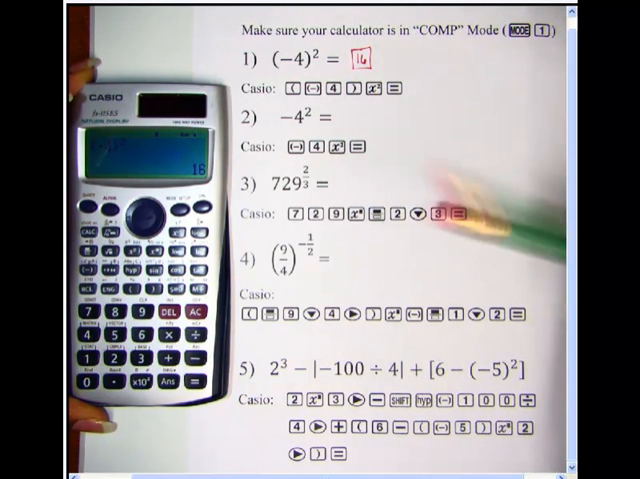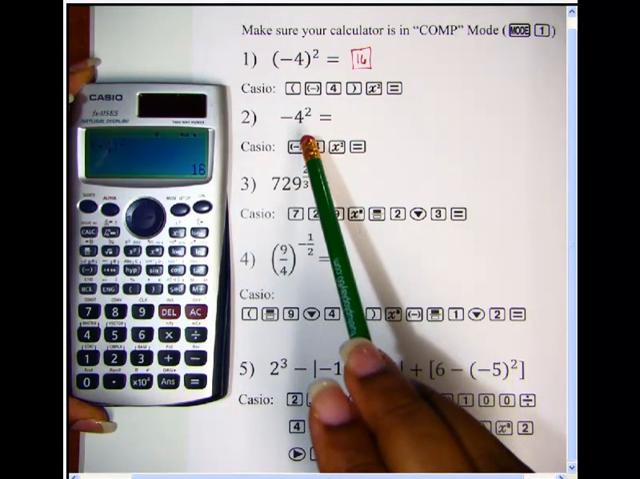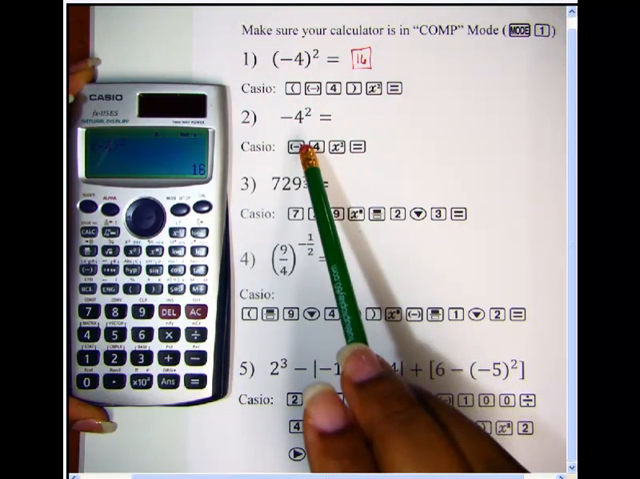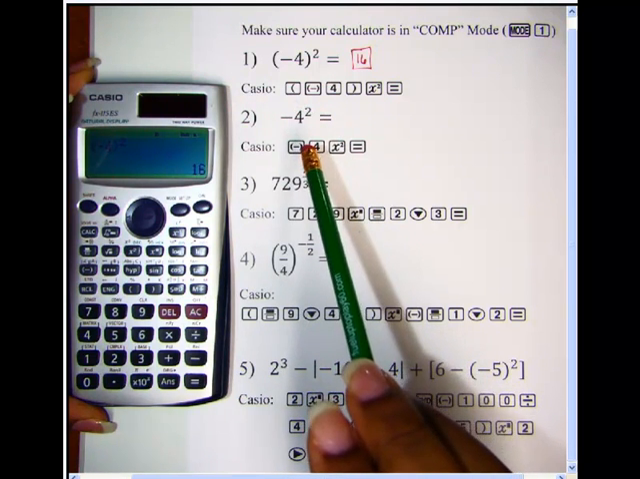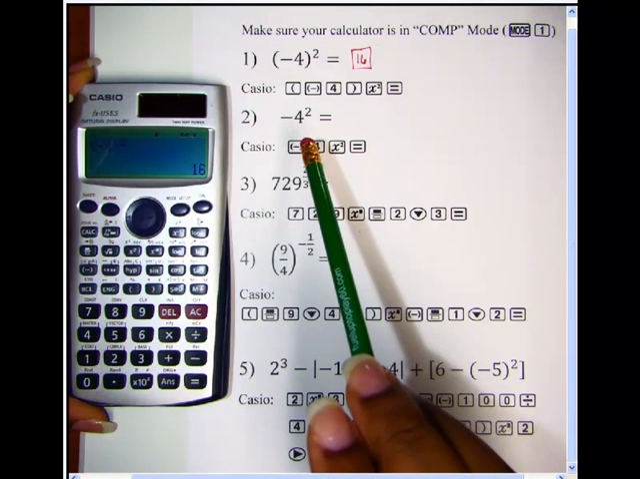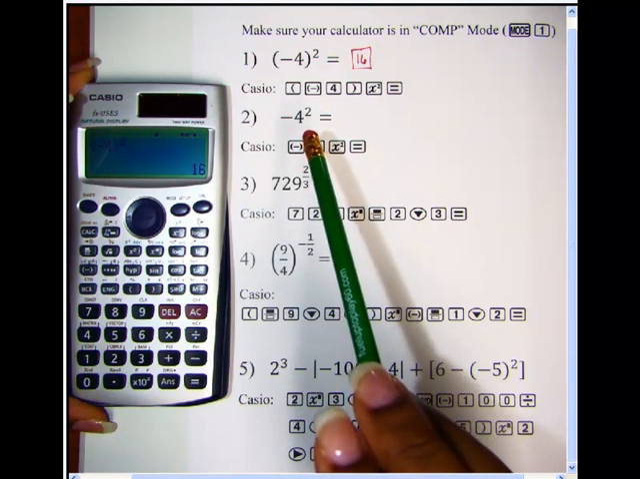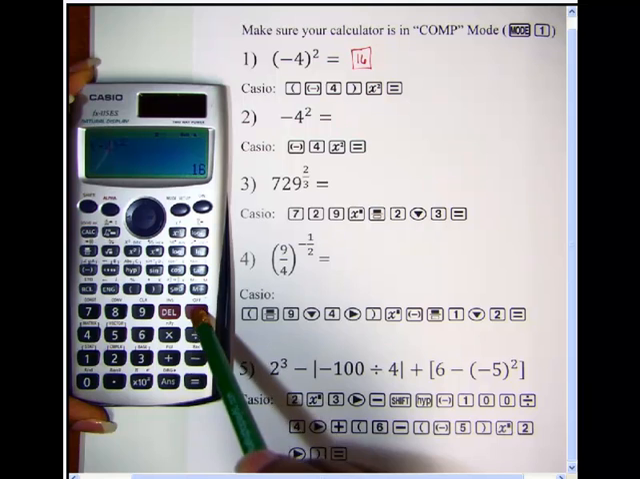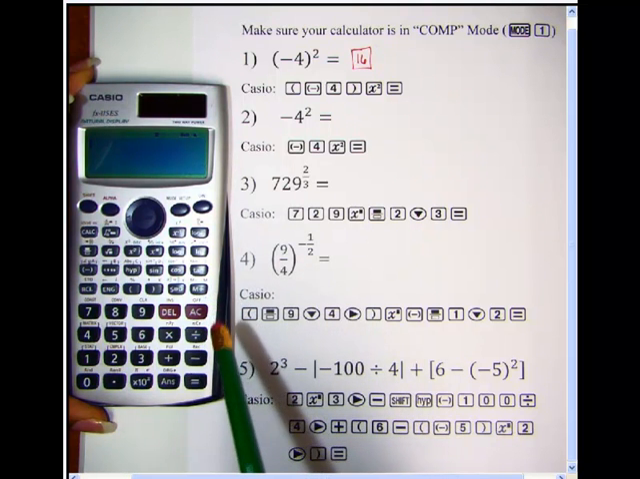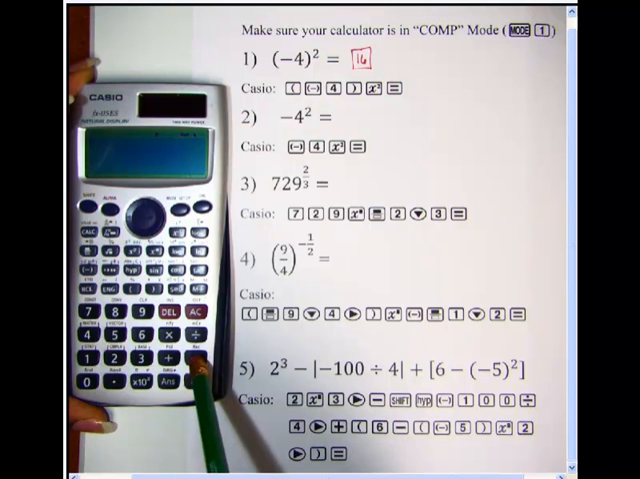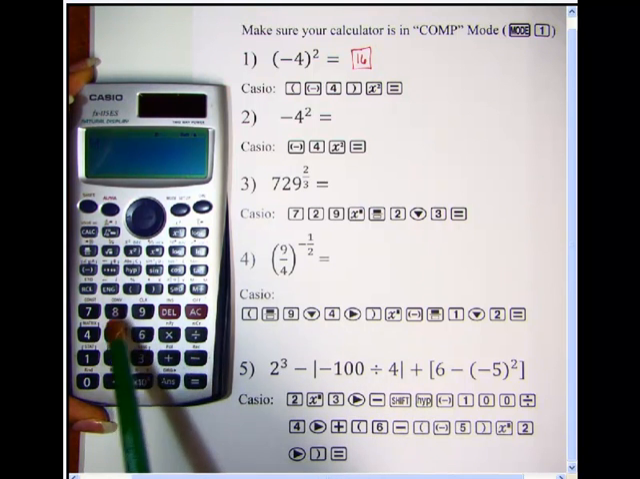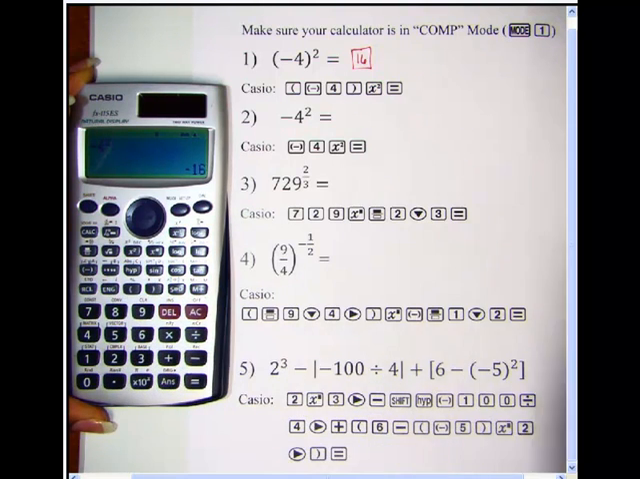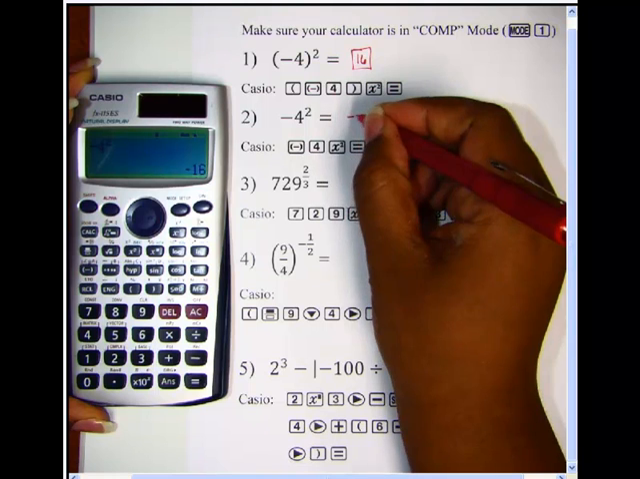Now let's take a look at problem 2, which actually reads the opposite of 4 to the second power. The two problems look similar, however, when simplified they represent two different numbers. So it's important to see how parentheses makes the difference. So once again, this reads the opposite of 4 to the second power. So let's clear out our calculators. Here we're going to use our opposite key and then our 4 raised to the second power equals, and we get